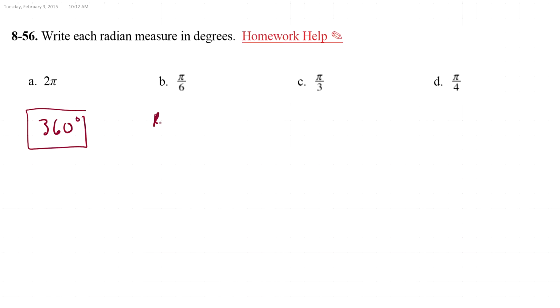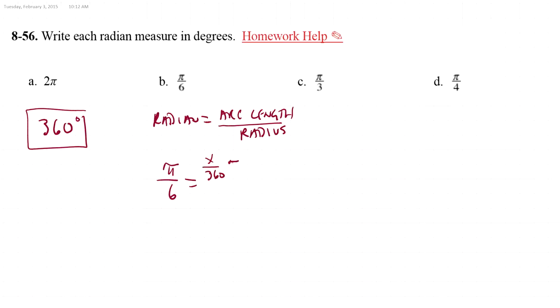Well, remember, radians equals the arc length divided by the radius. Okay, so let me write that out. So we know the radian is pi over 6, and we know the arc length is going to be x over 360 pi r squared divided by r. And so,